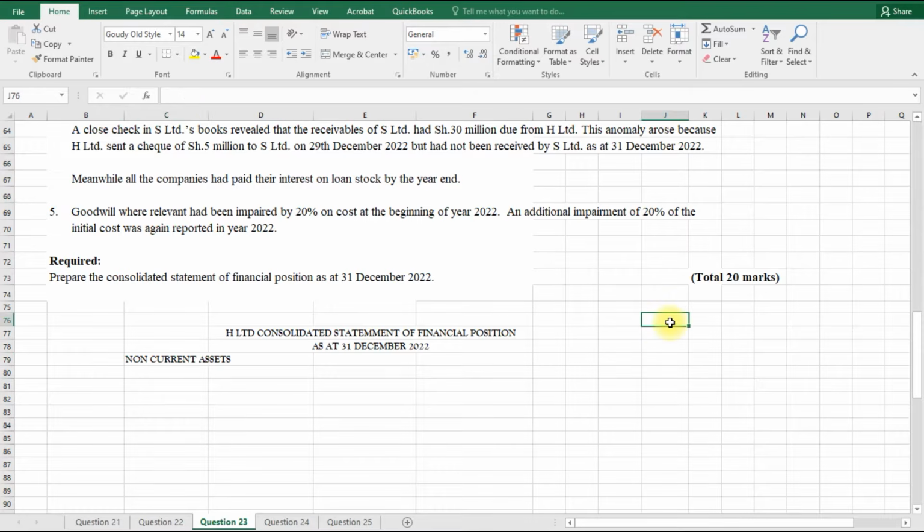I'll do some of my workings on this end. And the first one, we have said